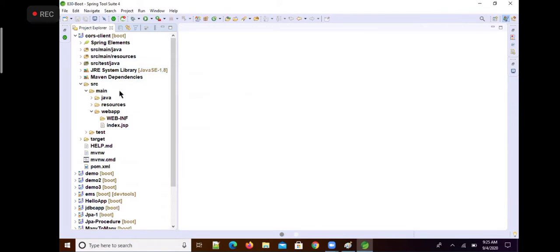I don't want to create any request handlers with annotations like get mapping or post mapping. Okay? I do not want to do all this. I don't want to write any methods in controller. First of all, I don't want to define any controller.